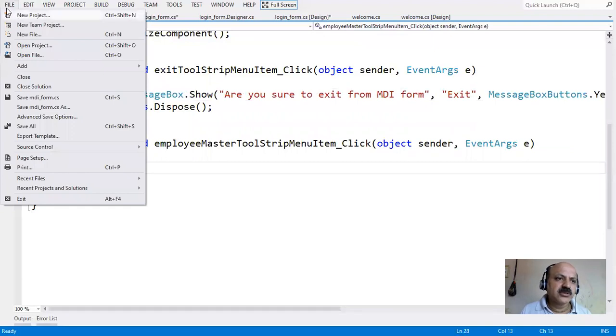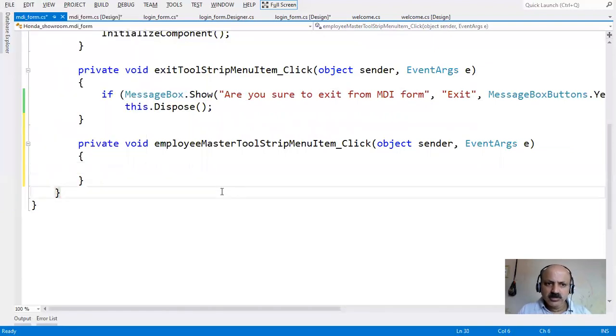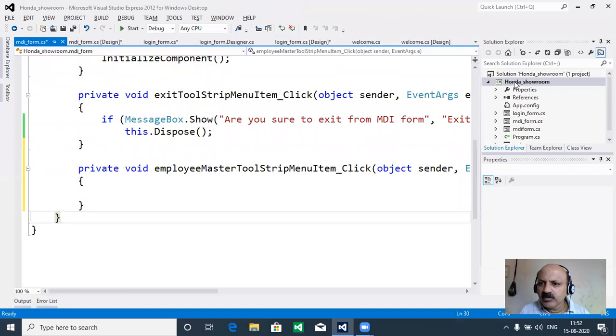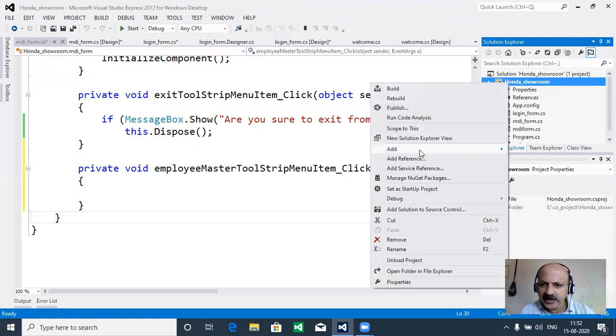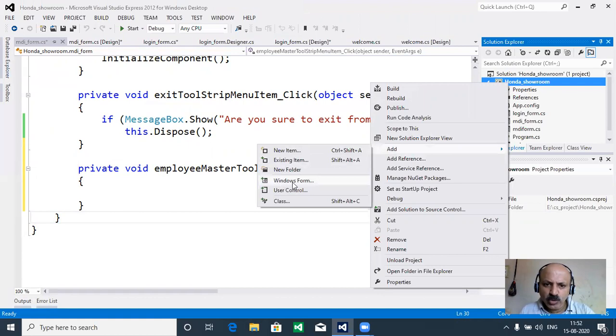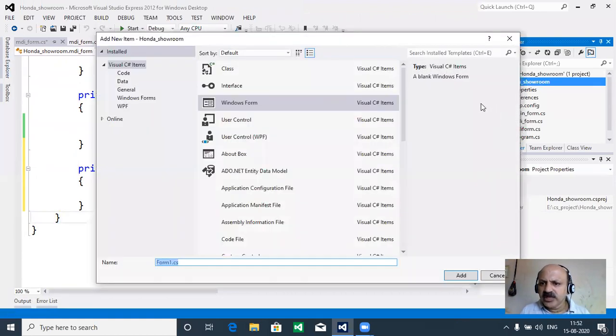It is not possible from the File menu, but here in our project, in the desktop folder, I right click on the project folder, and the Add option is there, and there is Windows Form.